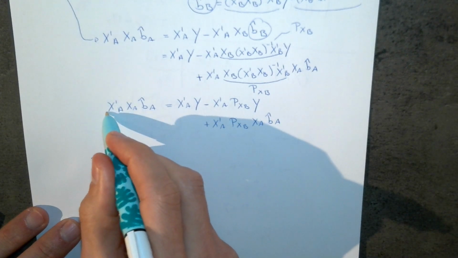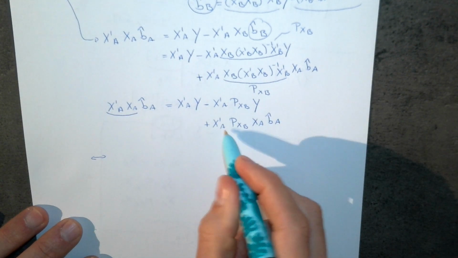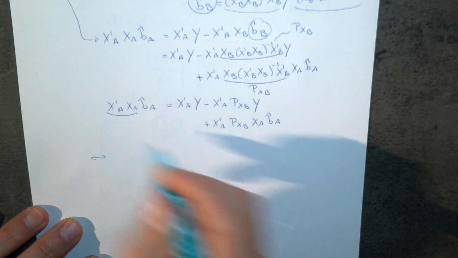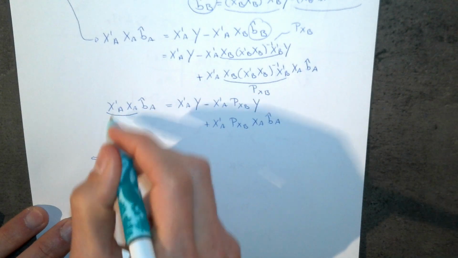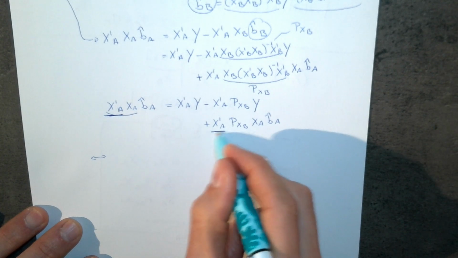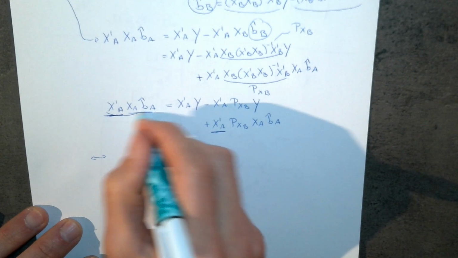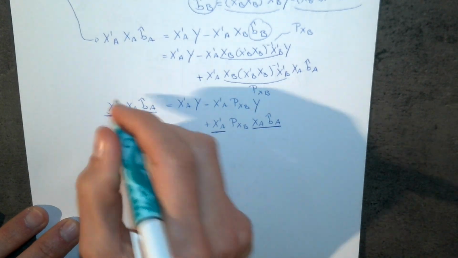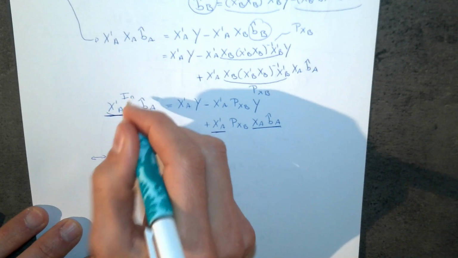Here I have x prime a, and here I have x prime a, and here I have x a b hat a. Okay, so what I'm going to do is plug in here